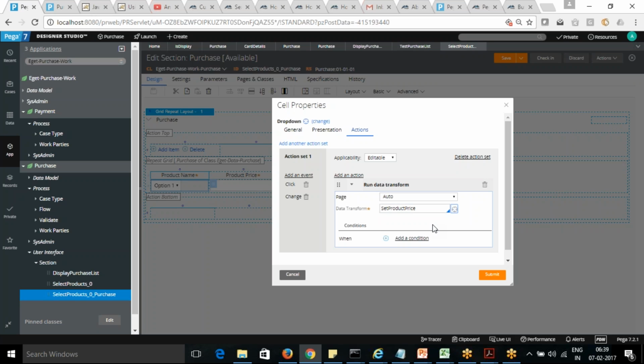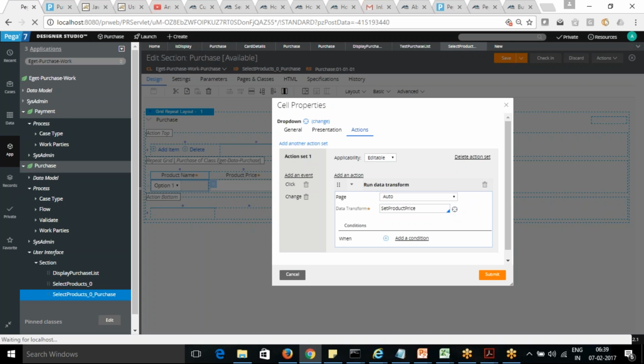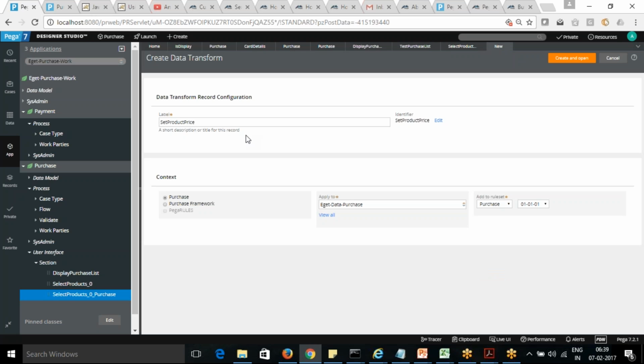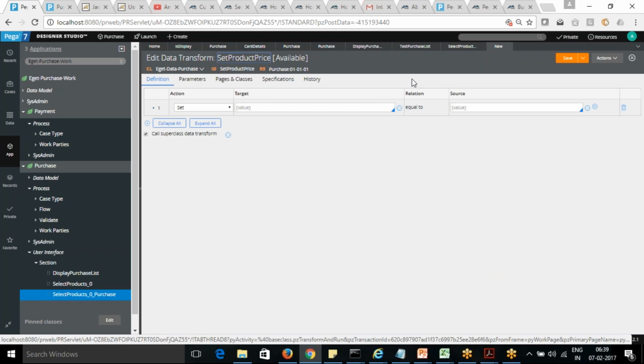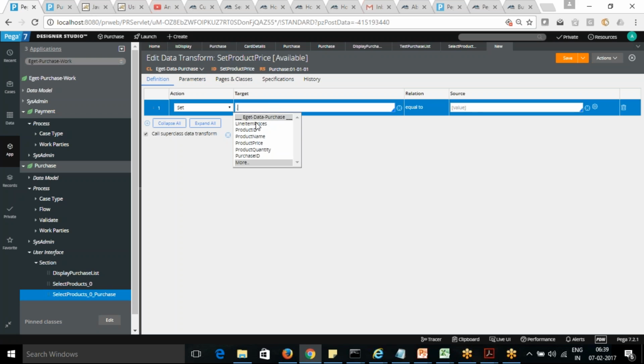So that product price, we are going to put it here. So this is the set product price we are going to create. Here the product price will come from the database.